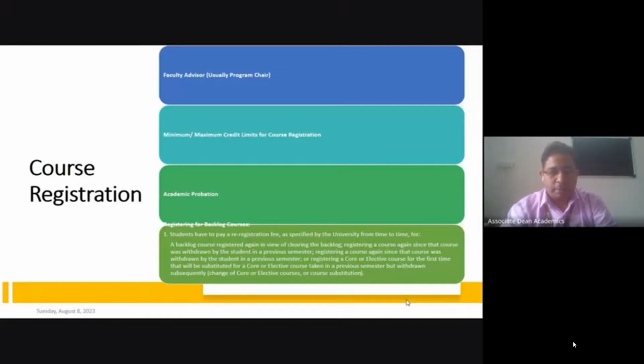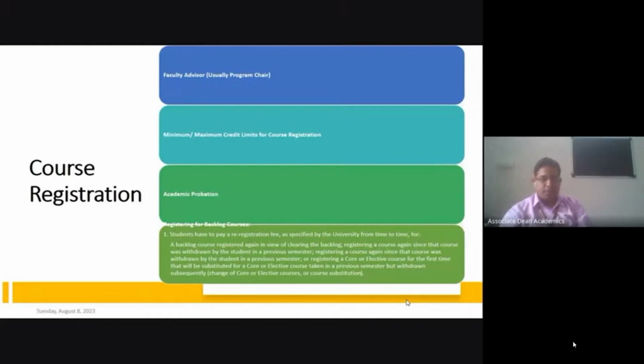You have to earn a minimum of 36 credits at the end of second year, or fourth semester, before registering for third year. If you have not completed 36 credits, you will not be allowed to register for any course for third year. Rather, we will ask you to complete the pending courses up to second year. For registering for backlog courses, students have to pay re-registration fees as specified by the university from time to time.